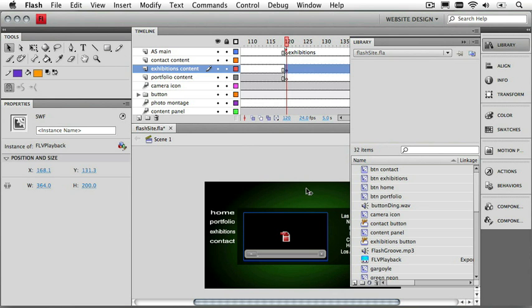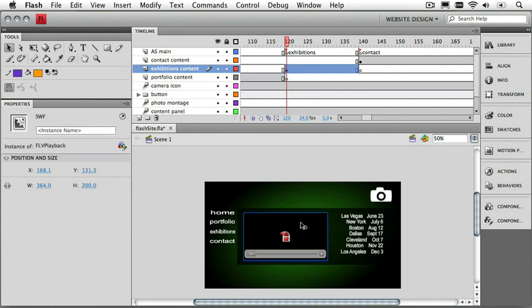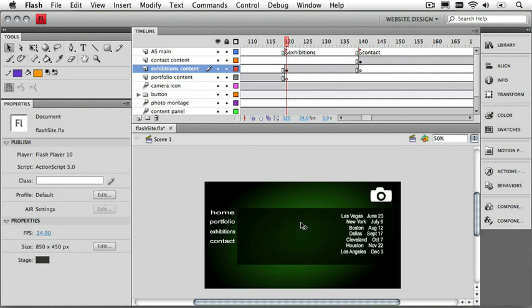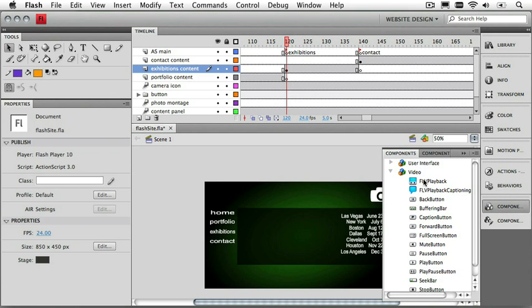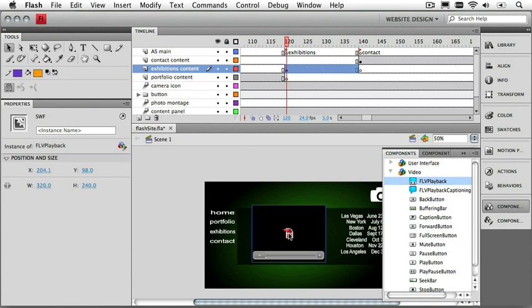Let's try something out real quick. I'm just going to take the movie that we've created and I'm just going to delete it from the timeline completely. I've already got it selected. I'll just hit the delete key and that will remove it from the keyframe just like any other graphic object in the program. Now I can go back to my component panel, go to the FLV playback component, select it, and just drag another copy right out onto the stage. It'll be dropped wherever my cursor is located, in the same keyframe we had before in the exhibitions content layer,